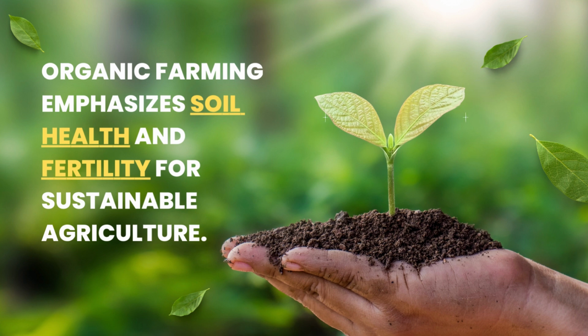Organic farming relies on natural systems that work together to support soil health, such as cover cropping, crop rotation, and composting. In contrast, conventional farming relies on synthetic inputs such as fertilizers and pesticides, which can harm soil health and reduce biodiversity. By prioritizing soil health and fertility, organic farmers can produce healthy, nutrient-dense crops while protecting the environment and